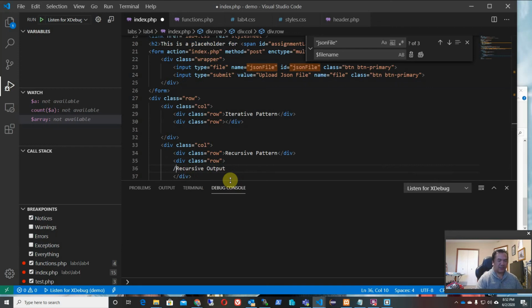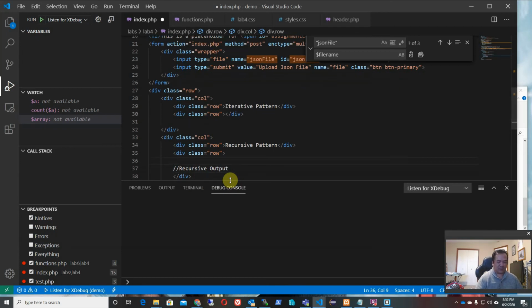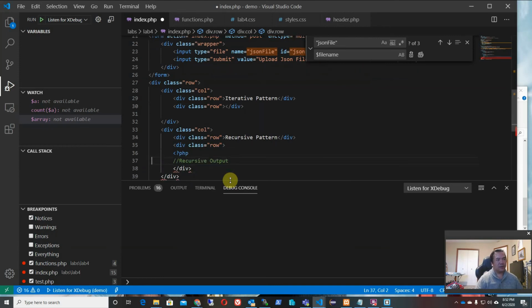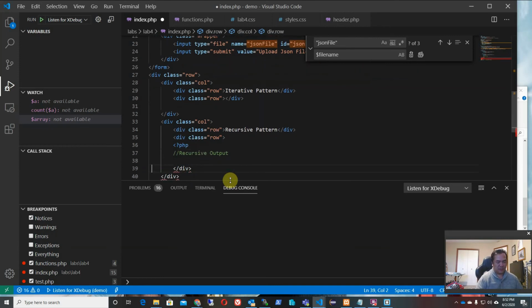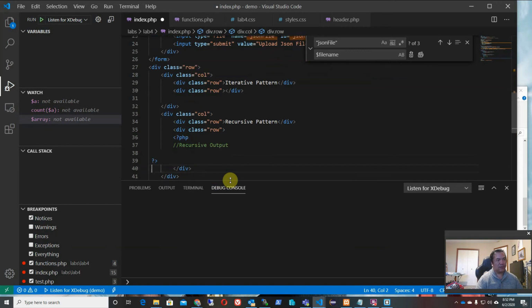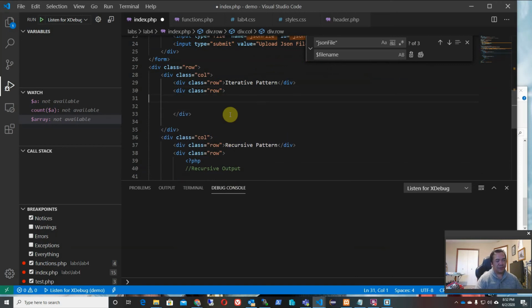I think it's like this. Can't remember how HTML I'm talking. So basically it's going to go right here. Alright, just like that. Right, so this will be your recursive output. Alright, so this will be the output we just did, which is